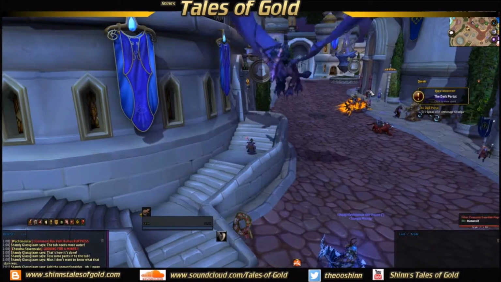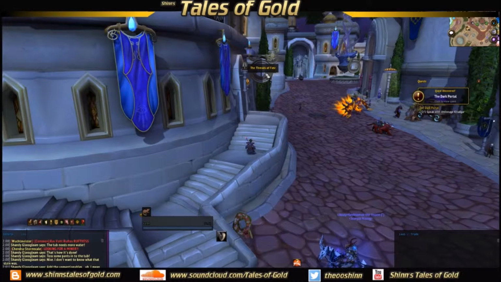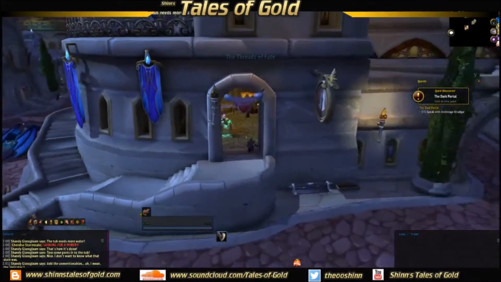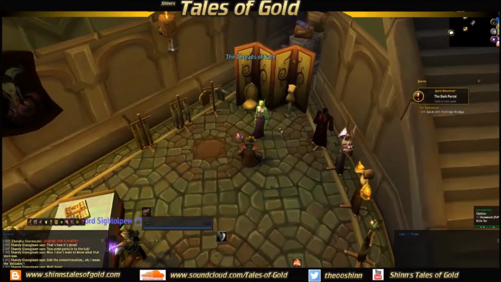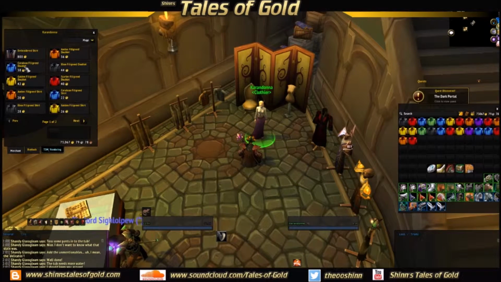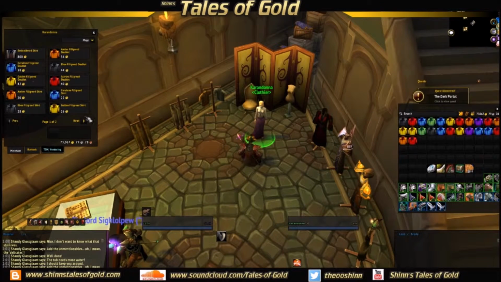So we're in Dalaran at the moment, and what you're looking for is a shop called the Threads of Fate, which is under the centre square of Dalaran. If we go inside, there's a lady at the back called Caradonna. You can see that she's got shirts, like a whole page here. We're not worried about the 800 gold shirt, we just want the rest of them,